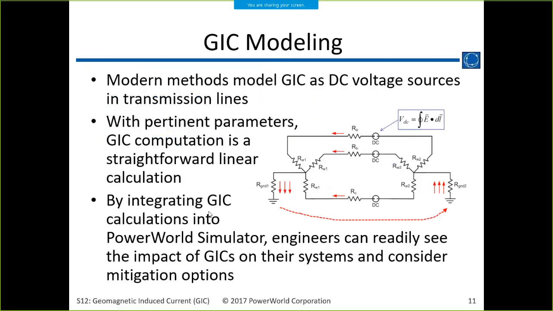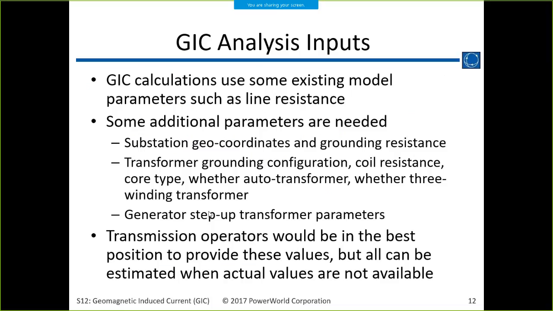Okay, so this was, Tom discussed this information here. And Tom touched on some of this stuff as well, as far as additional data that needs to come in. So the line resistance, we have that in the AC power flow model. The software also allows you to put in a separate DC resistance if you want to specify a DC resistance for the line. But generally, if you don't have that information, or you don't have the resources to put it in there, you can use the value that's derived from the AC resistance that's already in there.